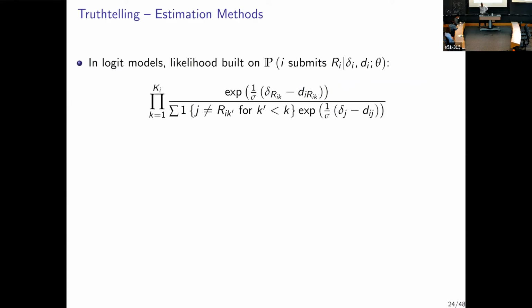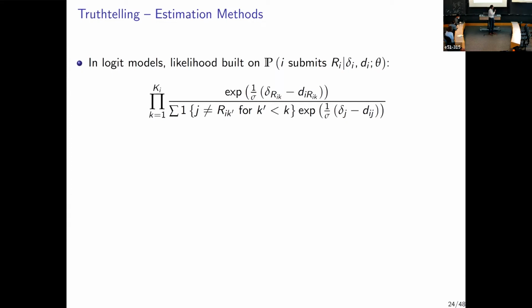Okay, so suppose that we move to estimating this using a logit model. Well, it turns out that the logit formulation also works great, because now we can basically use all the information on all the rank order list. Essentially, we're going to say, okay, now the probability that individual i submits a rank order list R_i is equal to the product of